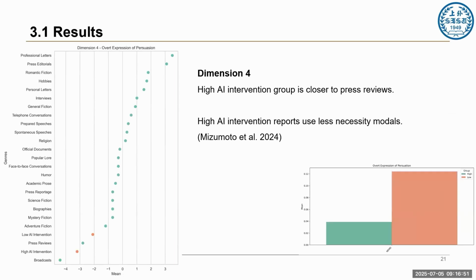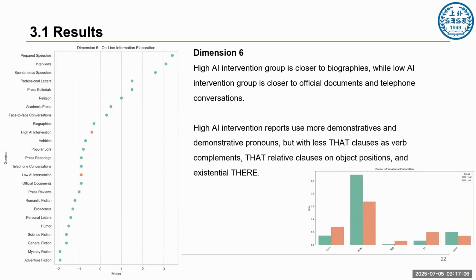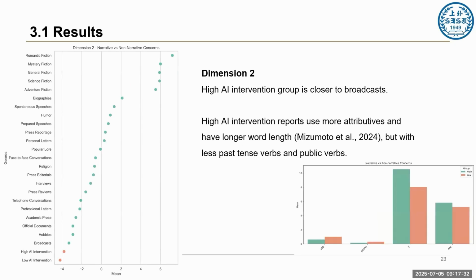And on dimension 4, the high AI intervention group is closer to press reviews, and they tend to use fewer necessity modals. On dimension 6, the high AI intervention group is closer to biographies, while the low AI intervention group is closer to official documents and telephone conversations. High AI intervention reports tend to use more demonstrative pronouns, but fewer that clauses as verb complements, that relative clauses on object positions, and existential there. Okay, the last one. On dimension 2, the high AI intervention group is closer to broadcasts. High AI intervention reports tend to use more attributives and have longer word length, but fewer past tense verbs